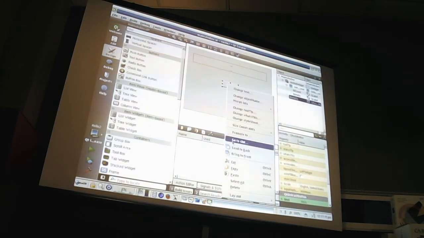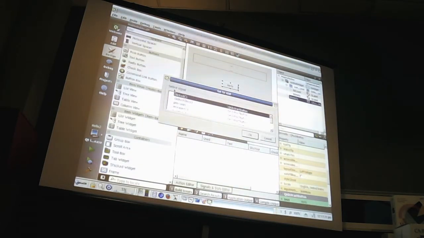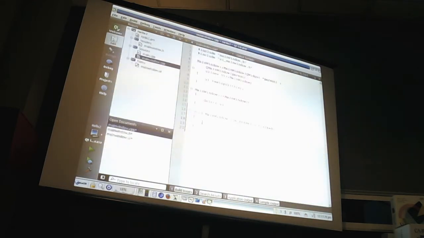Now I can go to slot, and I have a bunch of different choices, but I'm going to pick click. So what that tells it is write a little code, which you can see here. It's created a function for me that is what happens when it's clicked on. So what I'm going to do now,